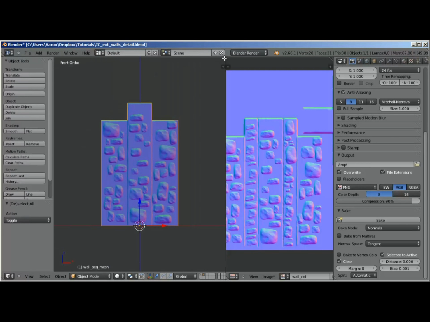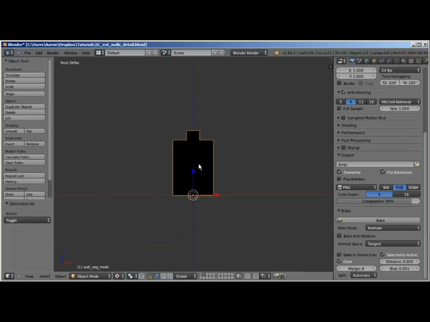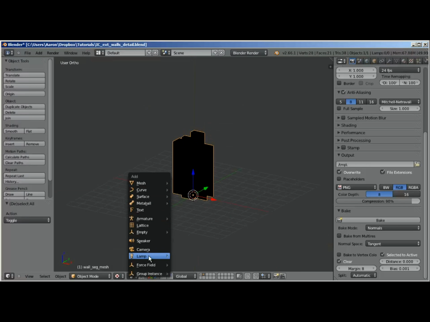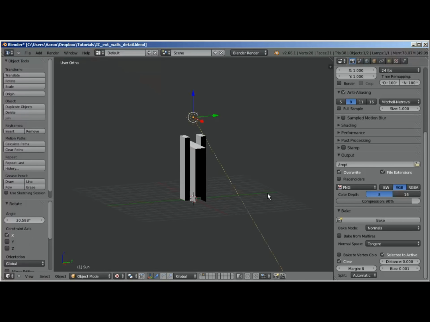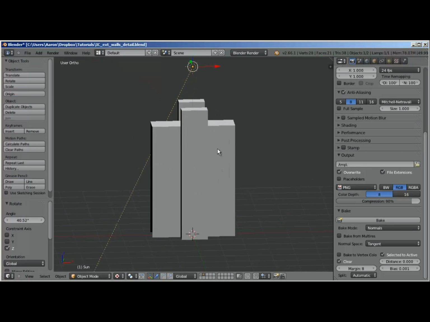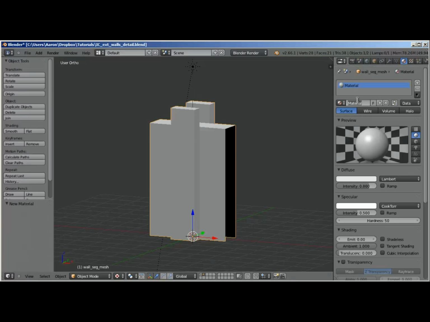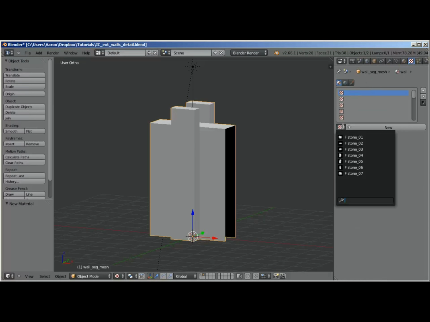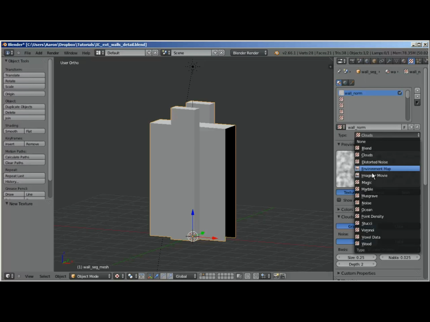and then we're going to go to texture view mode, and it's black, and that's because I don't have any lights in my scene. So I'm just going to add a basic sun lamp and rotate it a little bit, just like that. That looks pretty good. Next, add a material, go to textures, new texture, call it whatever, and